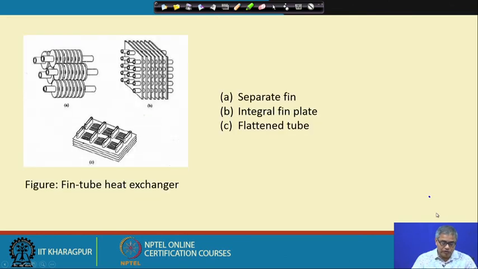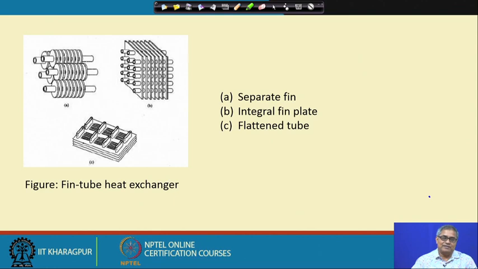With this, let us go to the next diagram. So, here again we can see different kind of geometry. Here again we will not use a single tube, there will be a number of tubes. So, each tube can have a number of fins. These fins could be individual fins without any connection with another fin. So, this is one kind of a design commonly used, and actually what we want to do, by providing fin, we have increased the rate of heat transfer.